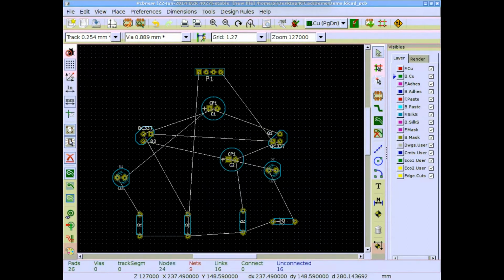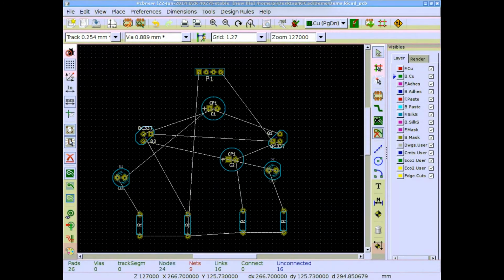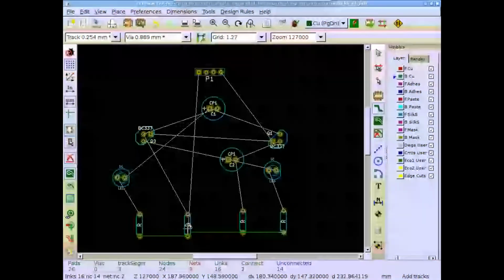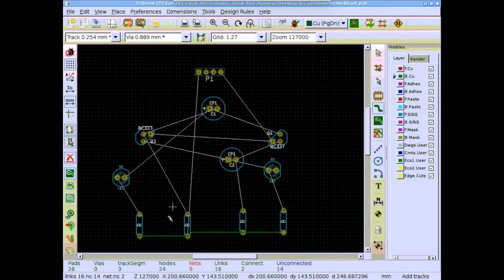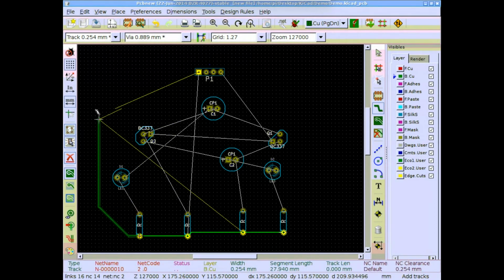I think learning shortcut keys would be a definite advantage in this. So I can go to the tracks, like I said, I'm not going to be neat about this. And you just lay tracks down between the components. Double click to end, so that's the track between the bottoms of the resistors. I can also bring a track around the side up to the connector. So where the white lines are, these are the tracks you have to complete, and the green line is the track on the bottom. Now you can create top and bottom 2-layer boards, because you have that